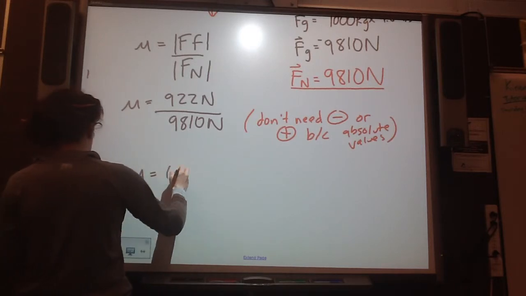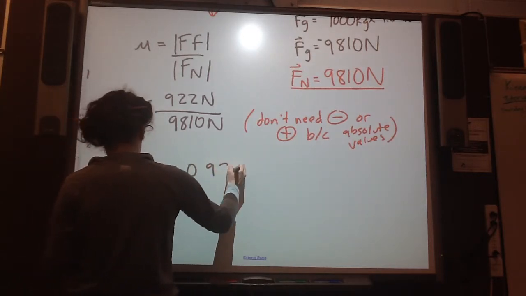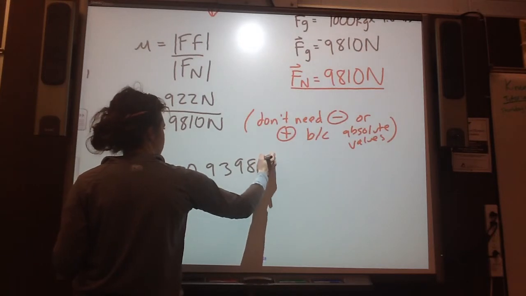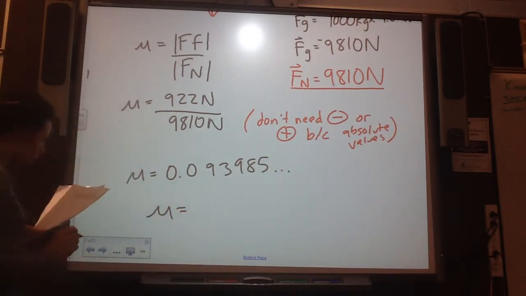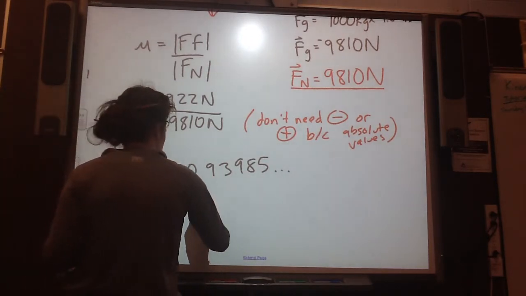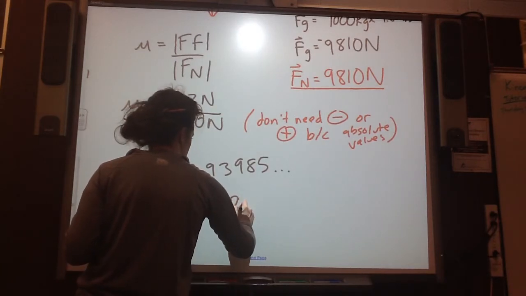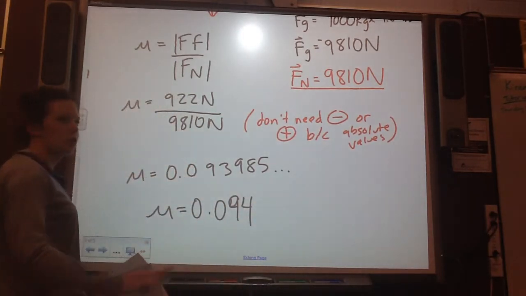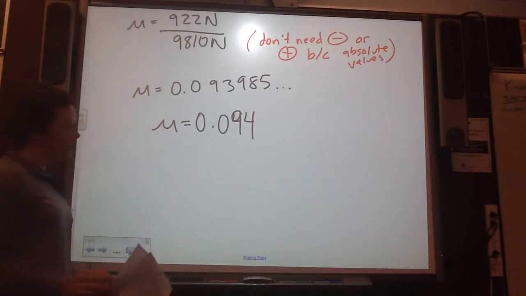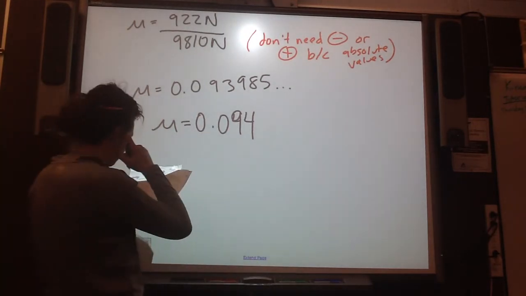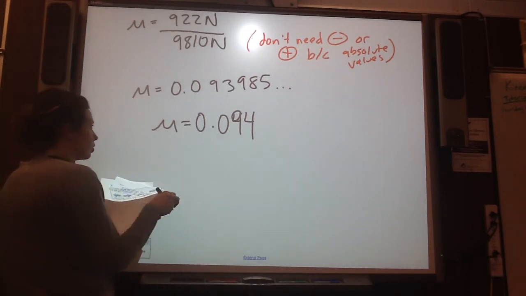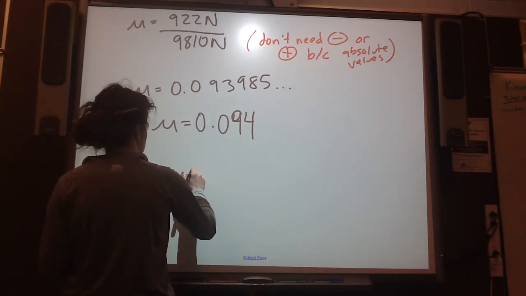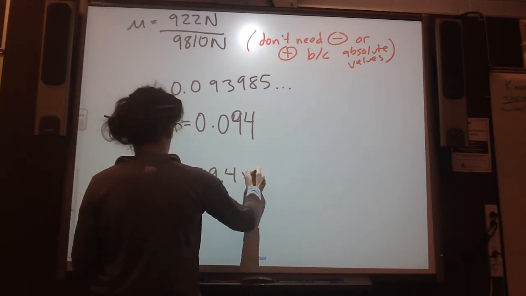So mu is equal to 0.093985, etc. So let's put this to sig digs, which we have 2 sig digs. So 0.094, no units, no directions, nothing. If you wanted to, just 2 sig digs. If you wanted to, you could put this into scientific notation. 9.4 times 10 to the